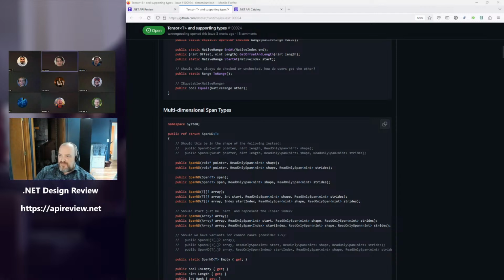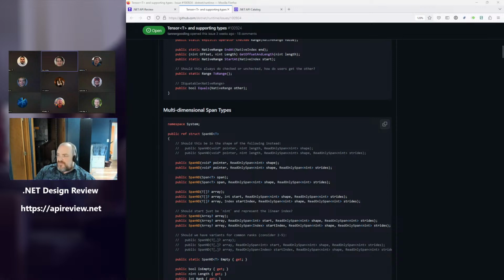Tensor span ended up being the second for a couple reasons. Primarily because this type doesn't strictly only relate to tensors. It works over multidimensional arrays as well. It works over pretty much any kind of multidimensional shaped data. And I was pretty vehemently against the name tensor span myself.